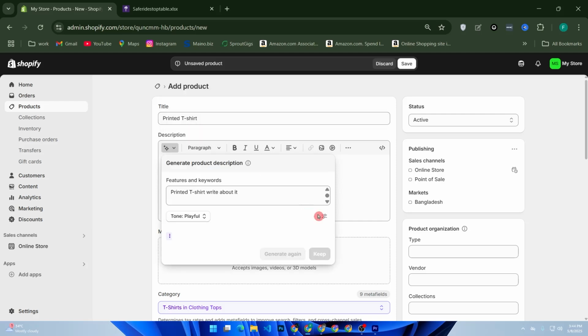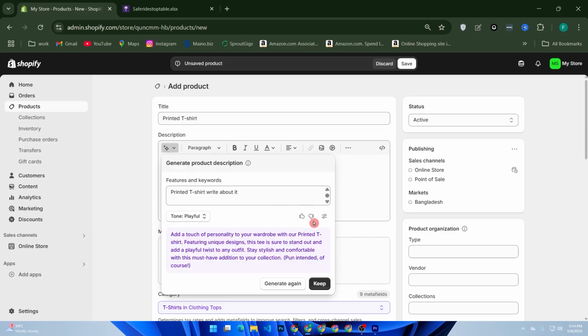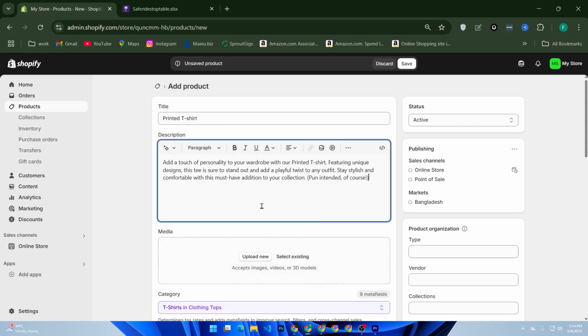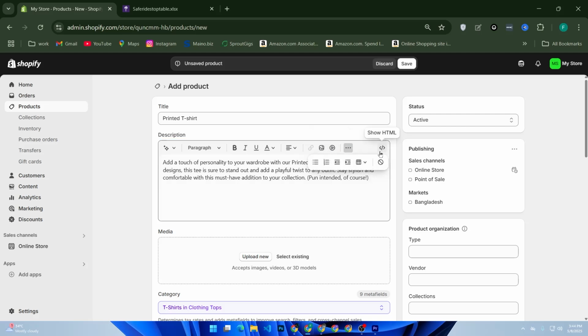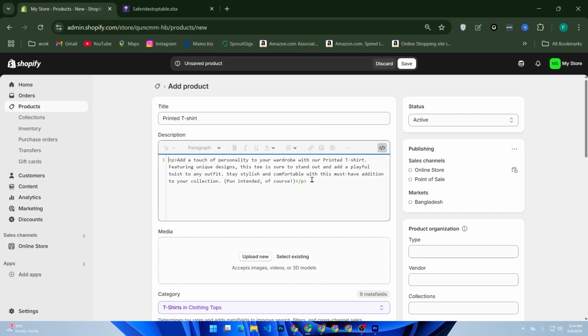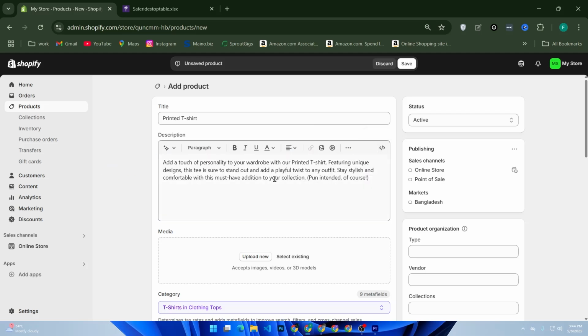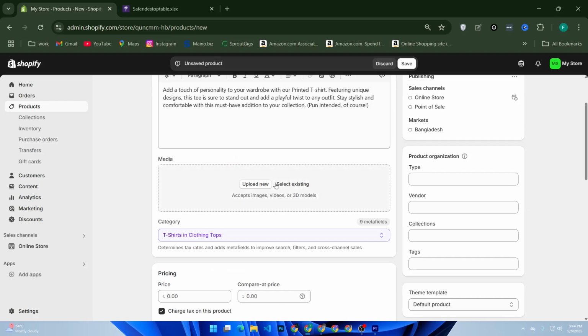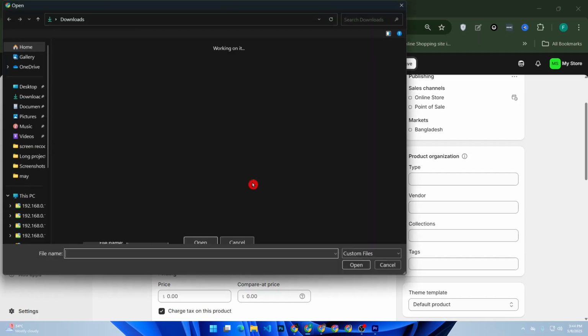Then click generate. Then keep it. You can add photos in description, then insert a video, then use HTML code. Then from media tab, select your photo,